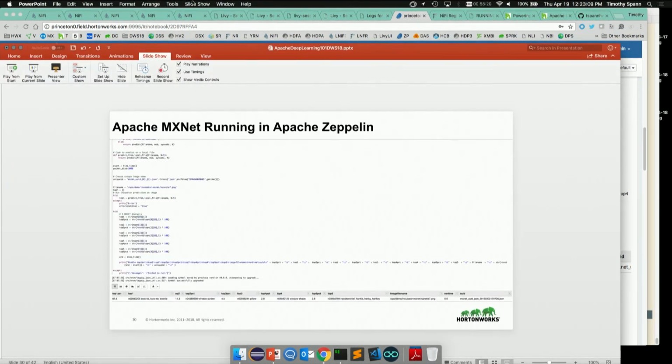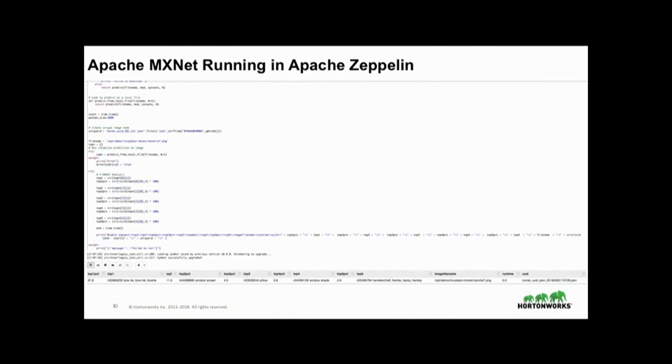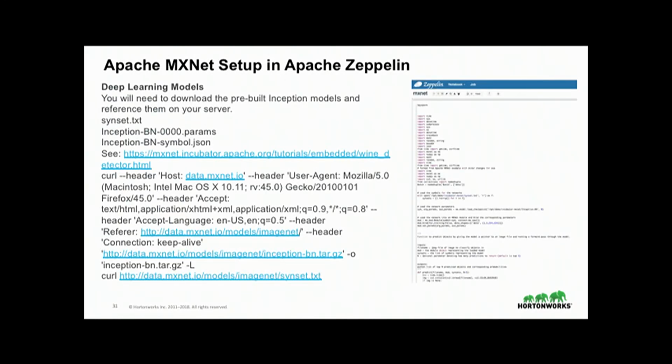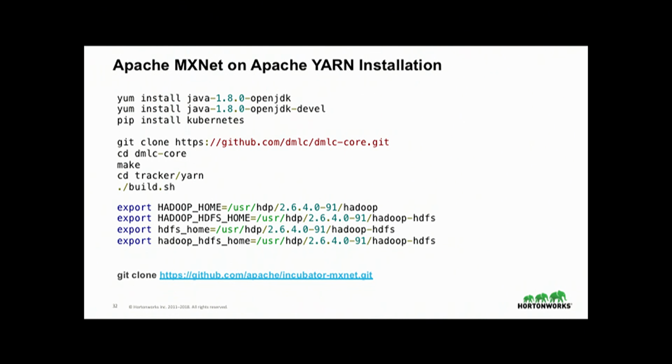So let's go back to that. So we could do Zeppelin. So we did it from the command line. We ran it on a server. The one thing with deep learning is there's big downloads. You could put this automation in the notebook if you wanted, and that's a good way to document it. And it can download these pre-built models for you from a model zoo. Again, depending on the security or what you want to do, you might not want that in the notebook. That's up to you. It's very easy to do.